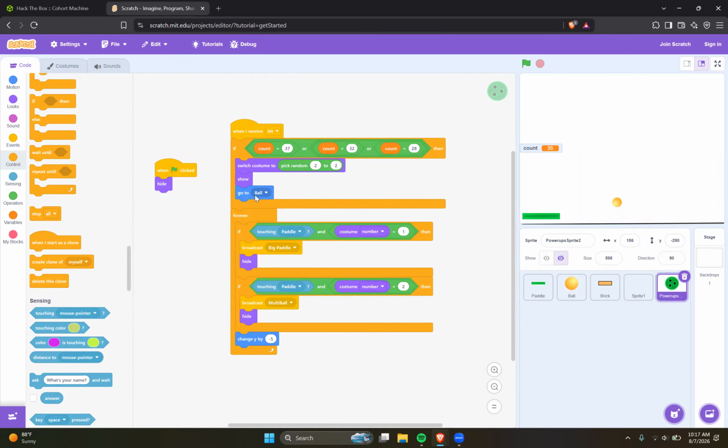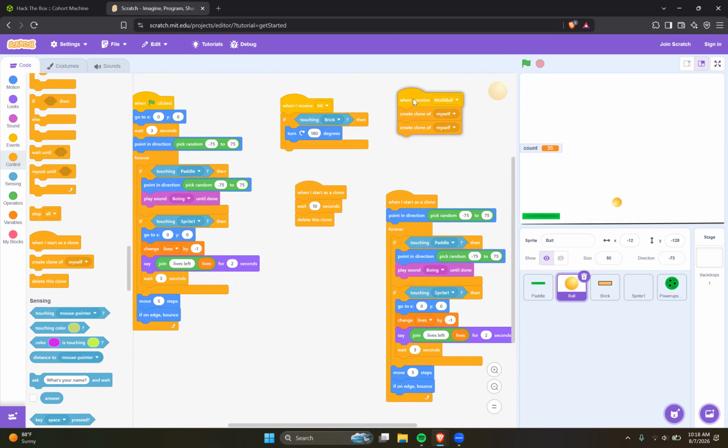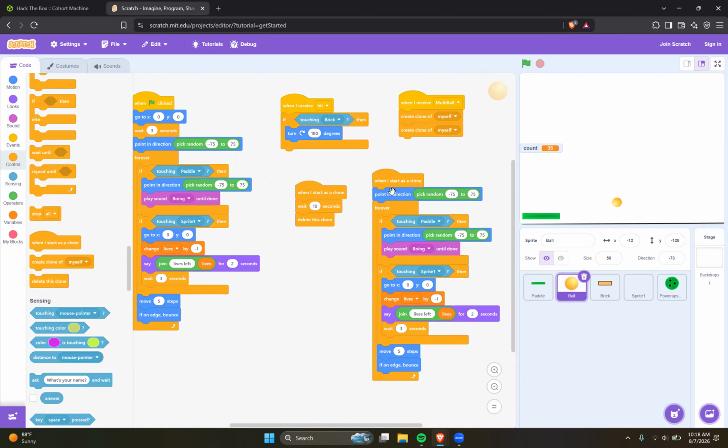And let's see. When I receive hit, you have to be at 37, and then we switch costumes. We have to touch the paddle and be at -2 to broadcast it. So I have no idea why I would be doing this. So when I receive multi-ball, yeah, that should do it. And when I start as a clone,